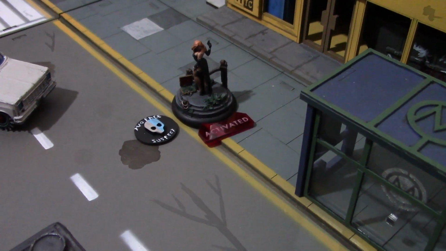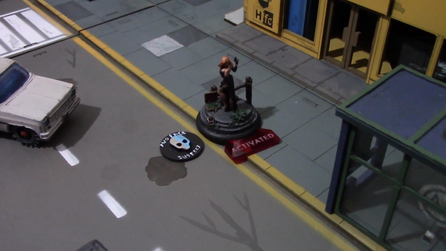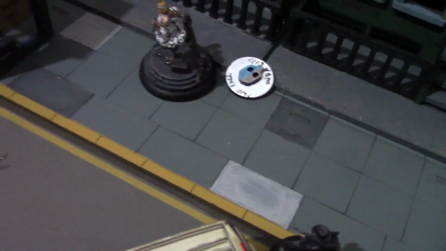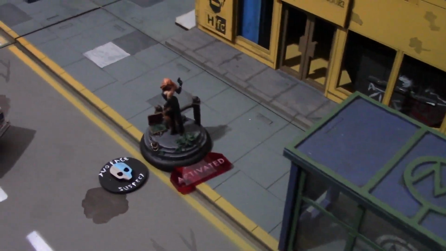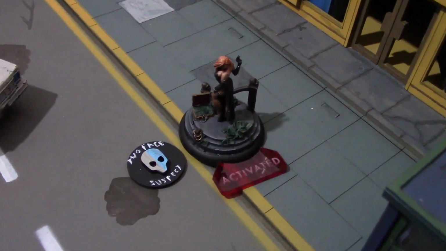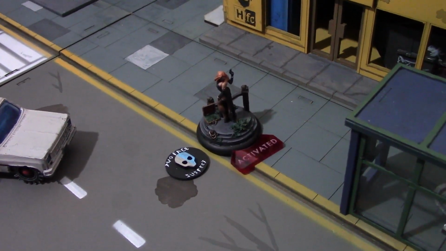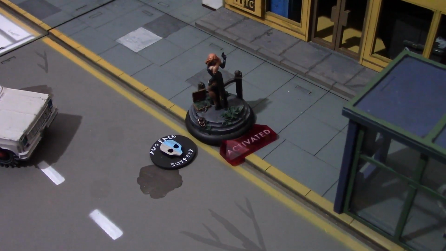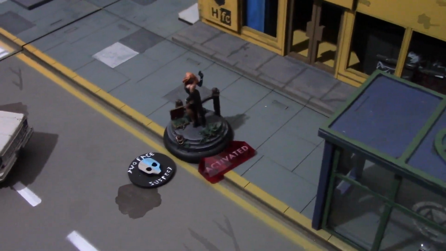So yes, Two-Face elected to activate Spice, one of the sidekicks. She had audacity. She moved forward from here, back next to where Sugar is, and she used her tactical action, because she had audacity, to put down the suspect marker, as you can see there. She then used her special action, menace, which is a really handy rule